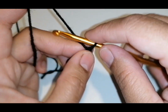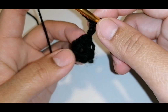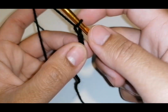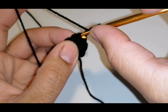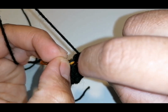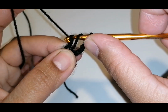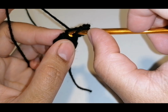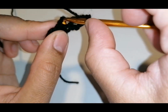let's do a chain. So we need 2 chains. Okay, so yarn over, sorry, 3 chains. Okay, because we will be making double crochet here. So the first stitch will be there. Okay, we're going to insert our hook in that space there, and you need to insert that under those 2 strands. Okay, so that's our second, because the first 3 chains that you made is considered as a first double crochet in this row. Okay, so we will be making 2 double crochet on each chain. Okay,